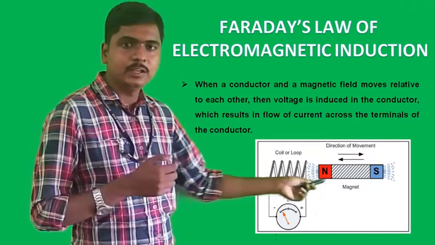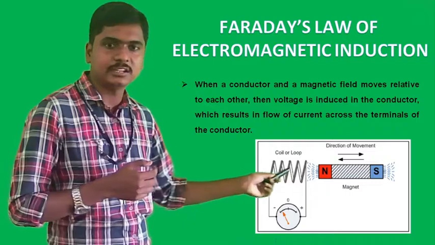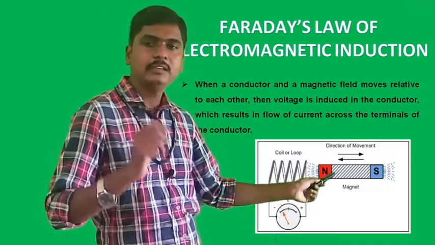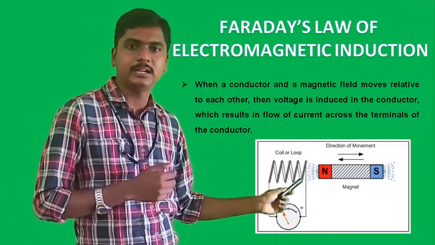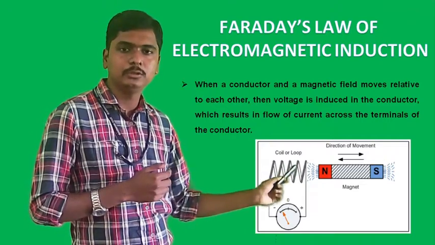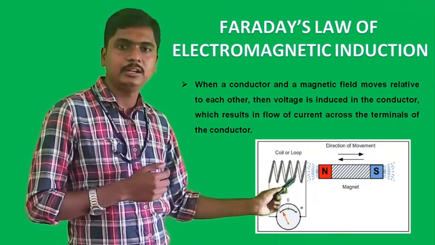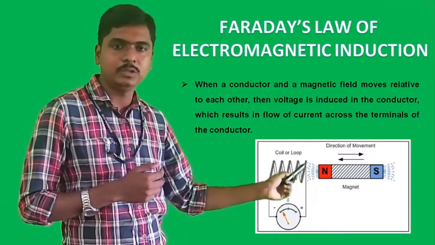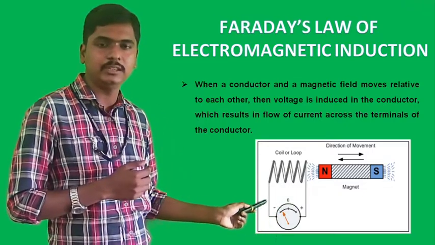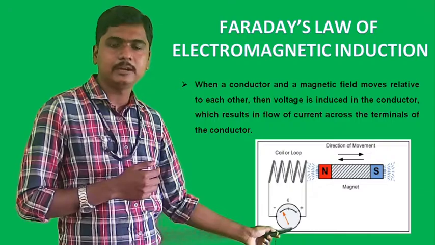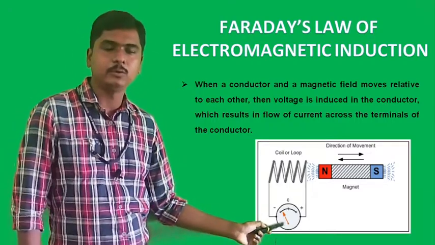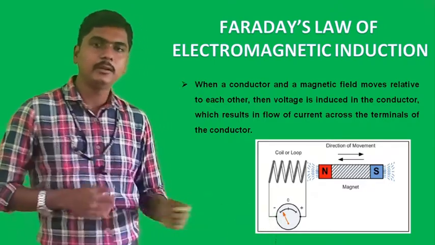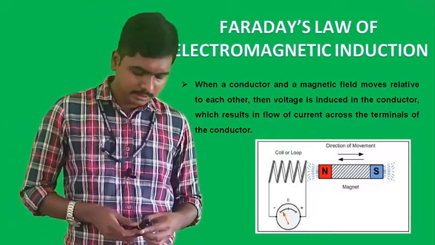Okay, then in this case if you move this magnet inside this conductor, or if you move this conductor over this magnet, so that there is a relative movement between magnet and conductor, then voltage will be generated inside the conductor and across the terminal. This is one terminal, this is one more terminal. If we join them and make a closed circuit, then across the terminal we can get the current, and if we apply some load over here, we can generate the electricity. That is nothing but Faraday's law of electromagnetic induction.